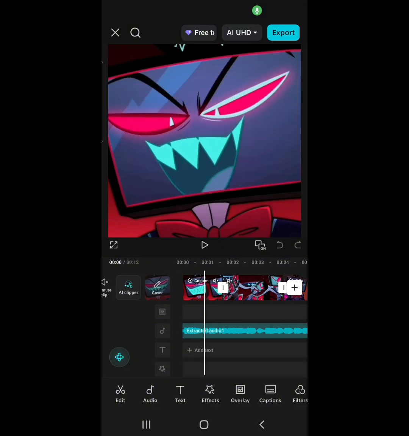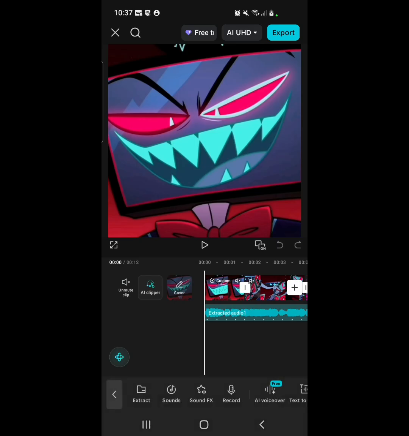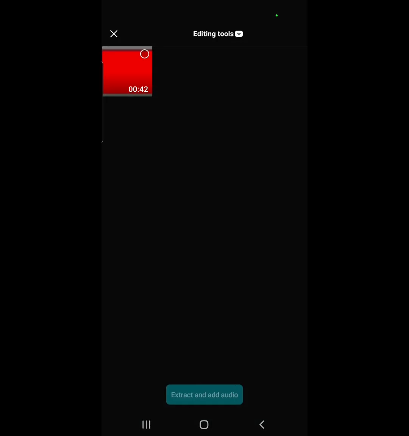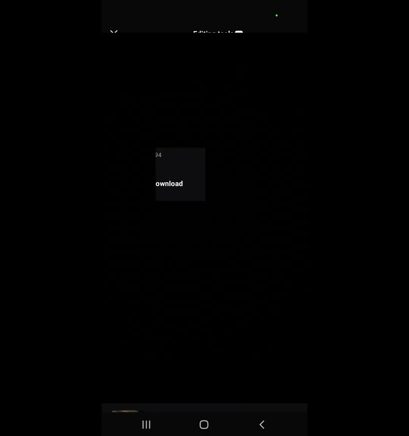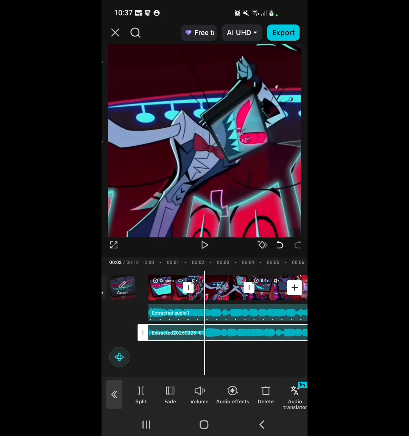To actually get your audio into CapCut, you click on the audio button when you're doing your edit. You click on the extract button and, oh, that's my editing tools album. You go to wherever your clip is. I'm going to hide this video to get rid of copyright issues, but you click on the add button, then you add it to CapCut. So once you click add,